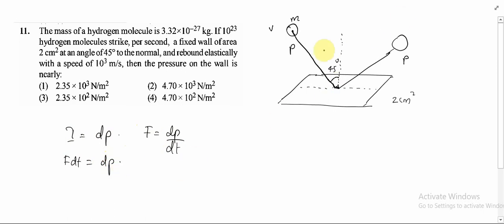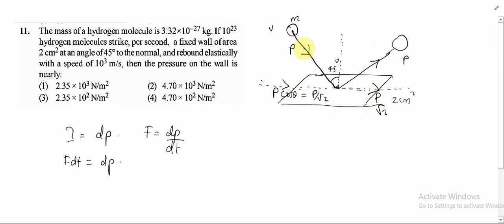Suppose this is our initial momentum vector. Then we can resolve this vector. If we resolve the vector, we will get p cos theta on the horizontal side. Cos 45 is 1 by root 2, so this will be p by root 2. Now this is the direction of the ball after collision. Again, if we resolve it, the horizontal component will be p cos theta in this direction, so again it will be p by root 2.